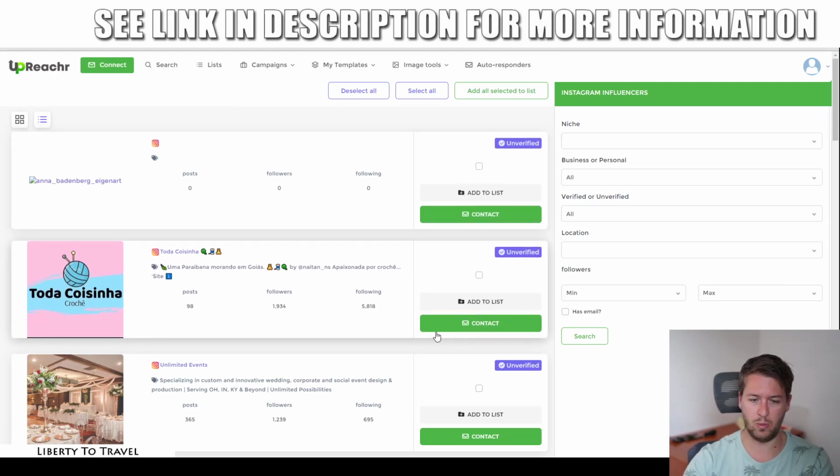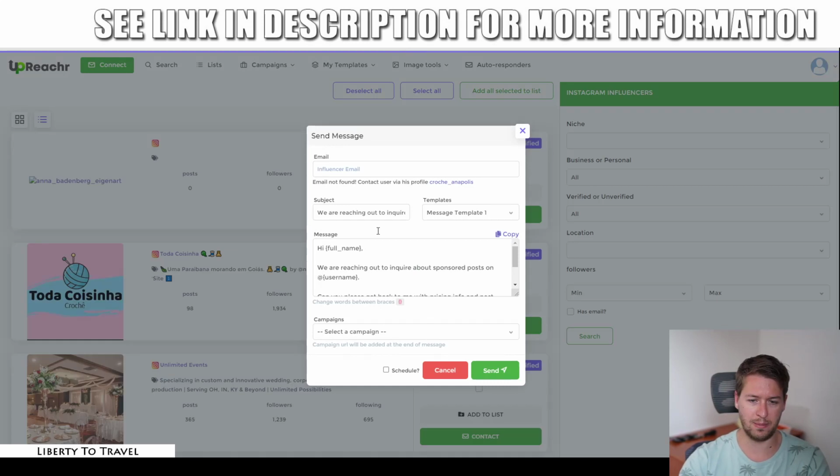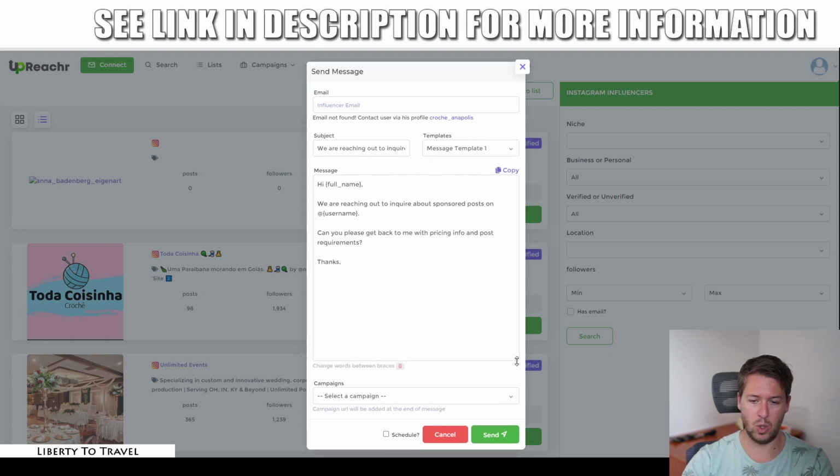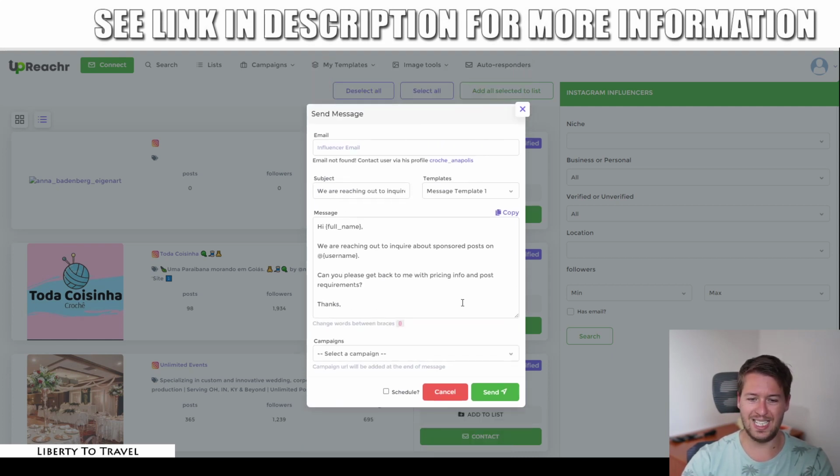You can also contact them one by one manually by just clicking the contact button, and then it's going to see first of all if there is an email address in the profile of their Instagram. A lot of influencers put an email address in their profile to say, hey, if you want to contact me for sponsorships, just reach me on this email. Now this person did not do that, so if you want to reach this person, you have to go directly to Instagram. But if you do find one with an email inside their profile, you can email them directly from